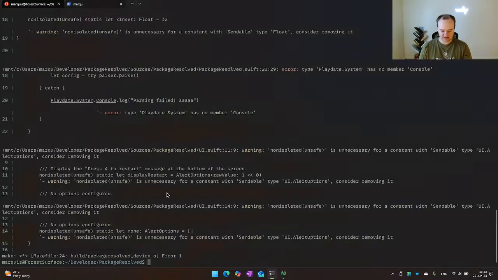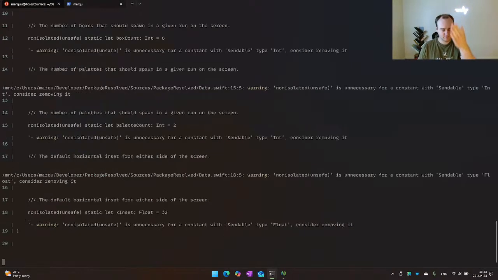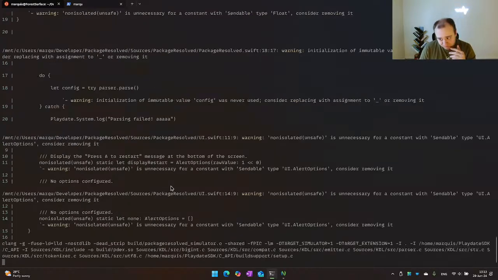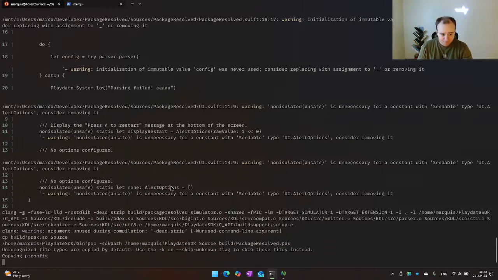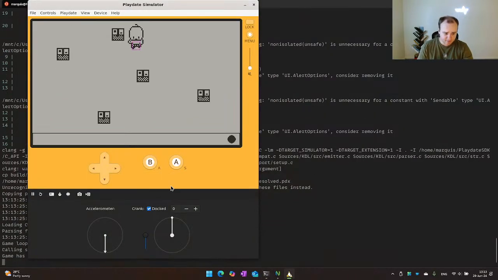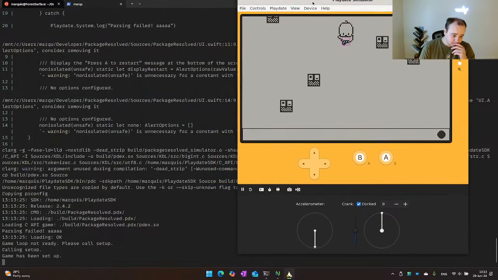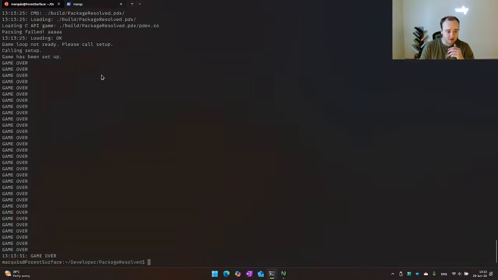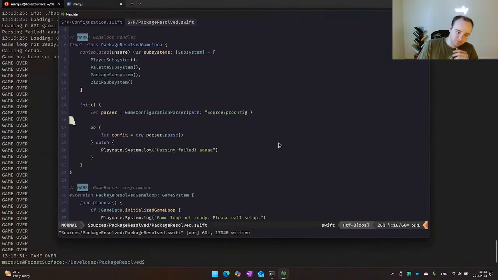Treating this like it's a .NET project. Okay. Parsing failed. That's to be expected. Okay. So at least we're getting somewhere there.